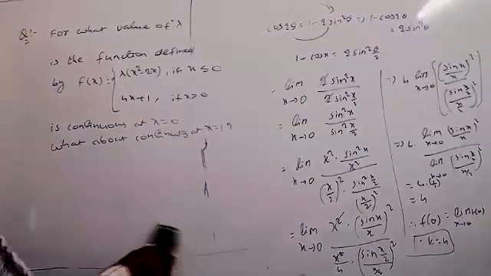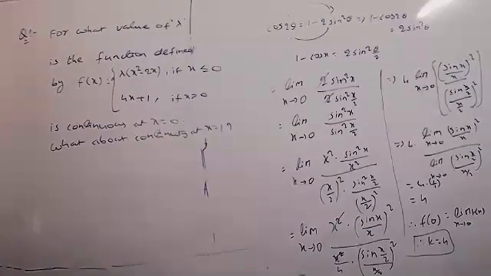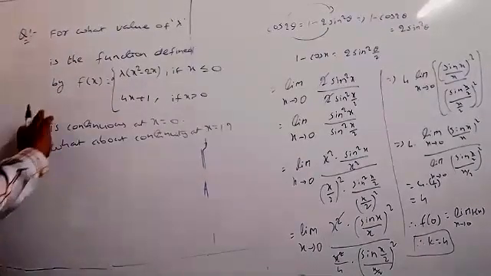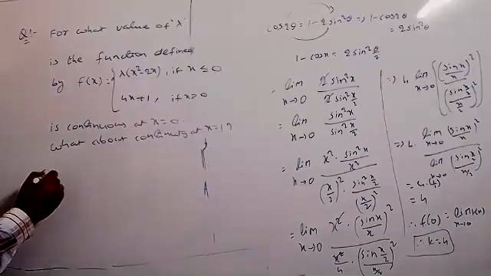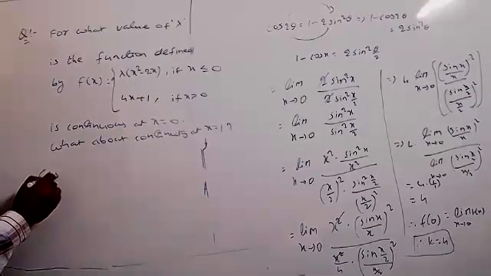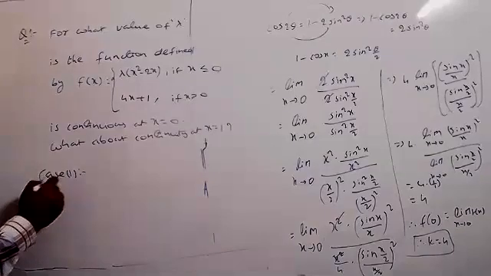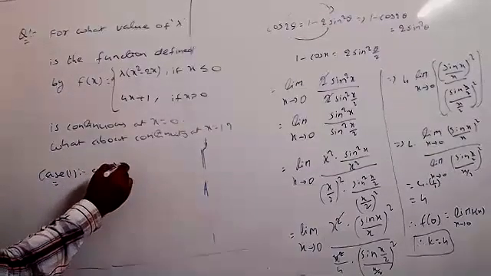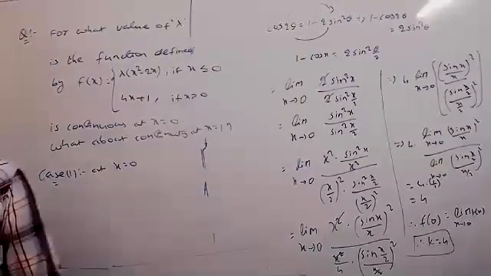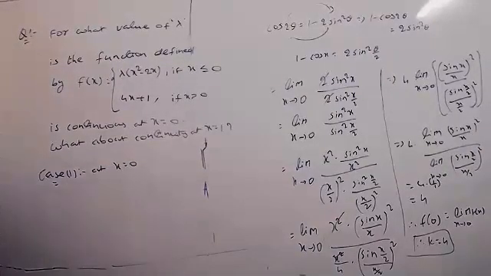Just I am writing briefly here. I am not writing the complete solution. You can write the given function and everything yourself. First you can take x equal to 0, case 1. At x equal to 0, lambda is all real numbers, which means actually no value. Correct? Yes, sir. So there is no value of lambda.